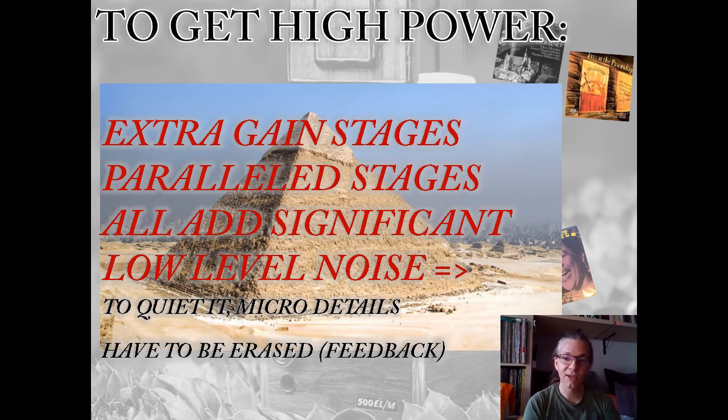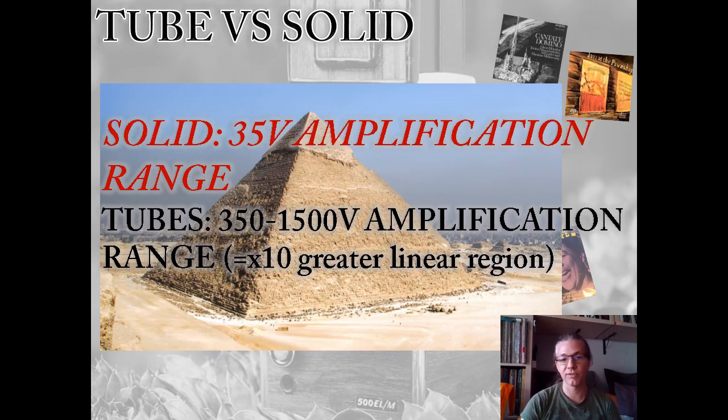signal that needs correction. And when they publish figures about feedback, it's always a nice and clear-cut situation because they measure it under a really nice controlled pure sine wave, but that's BS because that's not how it works in real life. In real life, the music signal is super complex, and when you are applying feedback to it, you are messing up the phase response of the high frequency content. And when that happens, a lot of micro details are getting erased. And if you do not want to amplify your signal to 100 watts to 1000 watts, you leave it at 1 watt level. You do not have to go through these excessive corrective mechanisms that destroy a lot of your